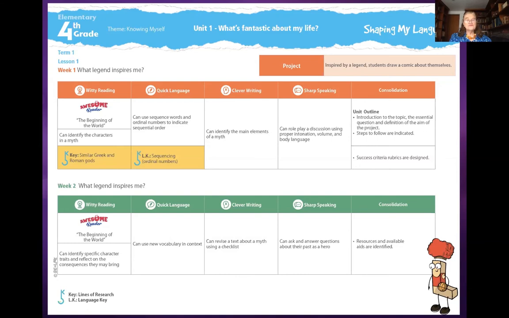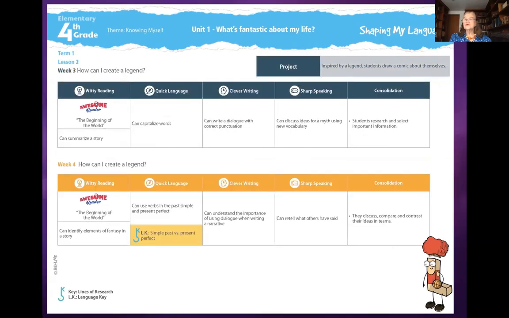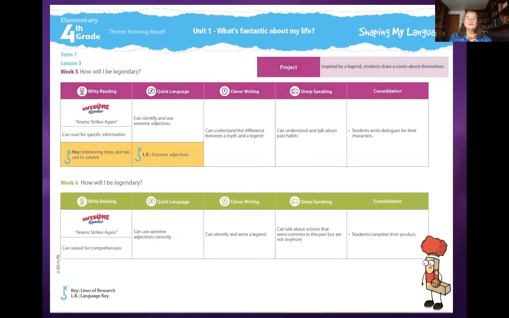So here is term 1, lesson 1, term 1, lesson 2, term 1, lesson 3, and the project still